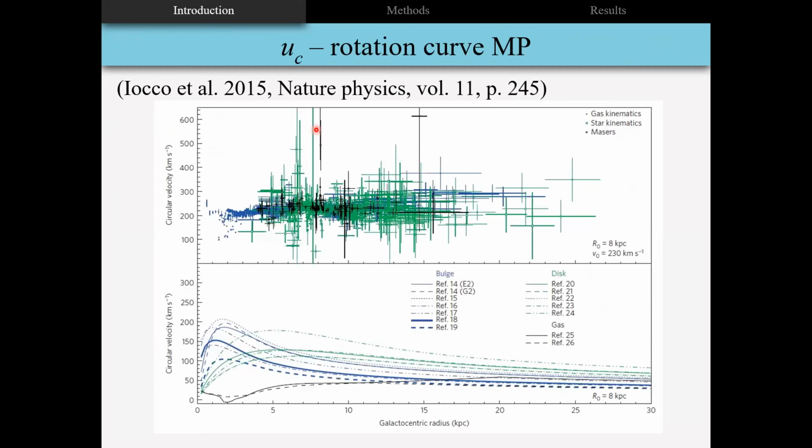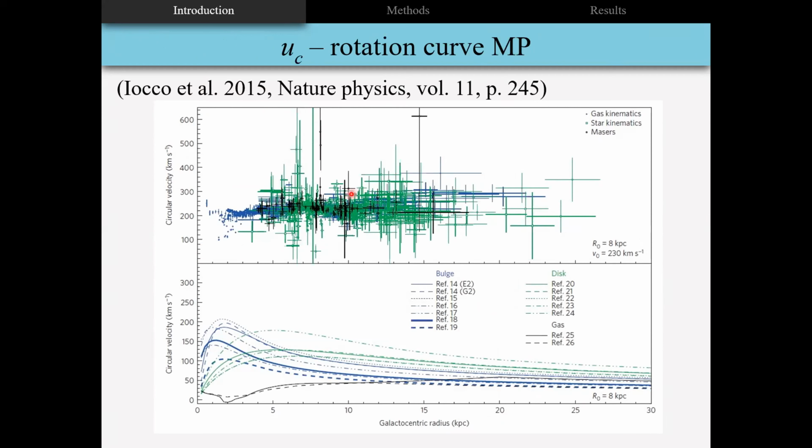In order to have all the necessary things for my research, of course, we need the rotation curve of the Milky Way. And this is one set of observational parameters collected in one place. This was published in Nature Physics in 2015.